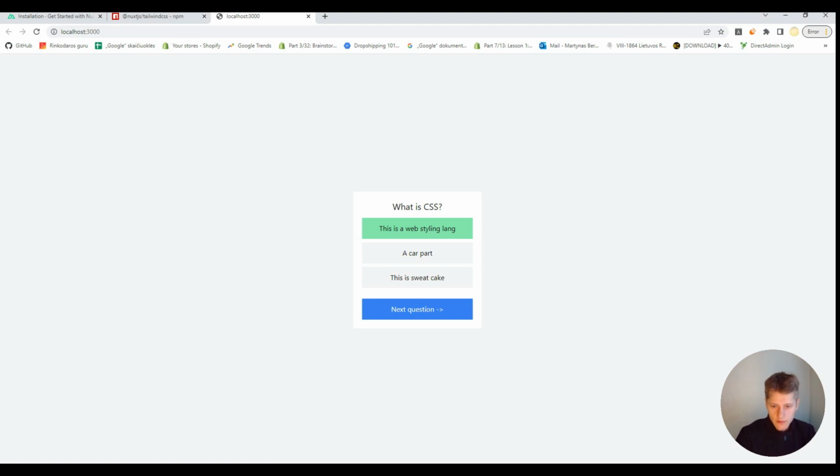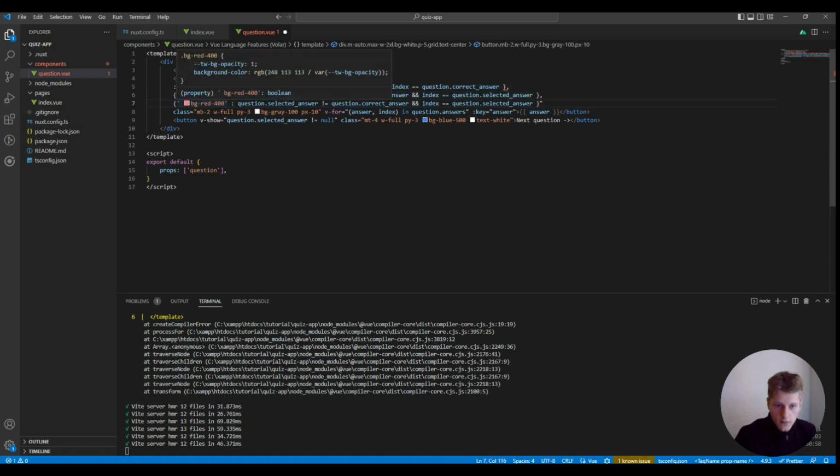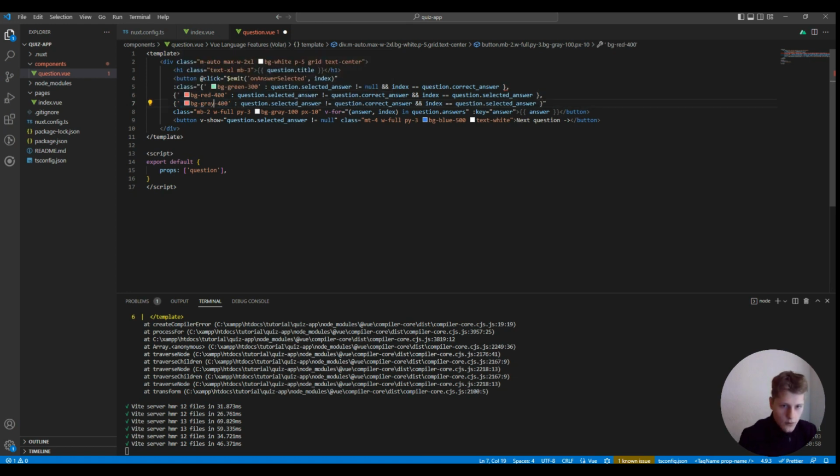I tried to select a second time, it's not working, and I want to click next question and it is also not working. Okay, I want to add hover on those buttons also. And how to do that, we also can add one more class. If background hover, background gray, for example, I know 300, we want to add background gray 300